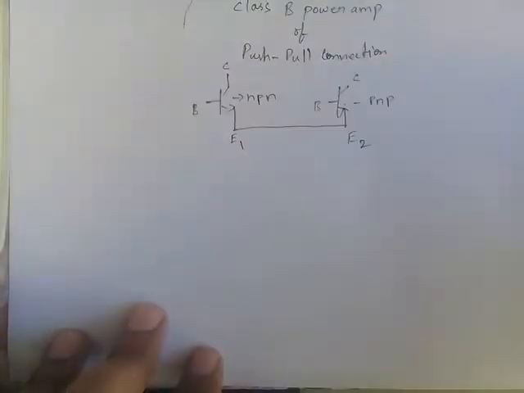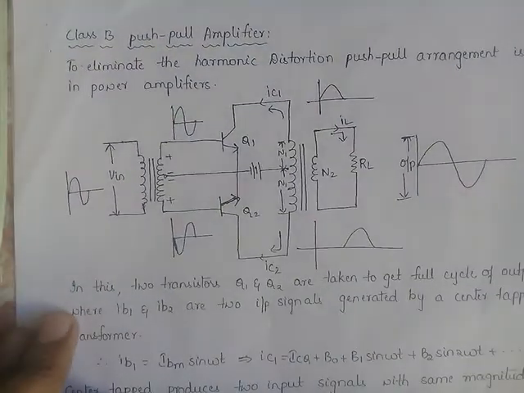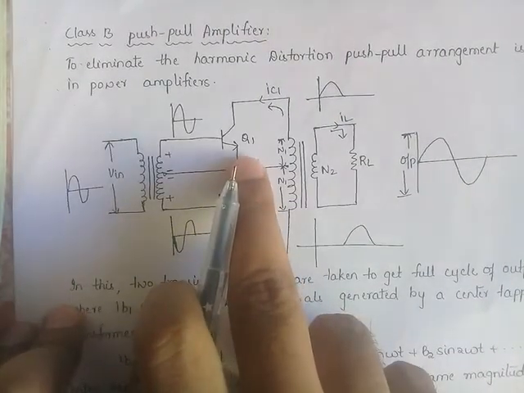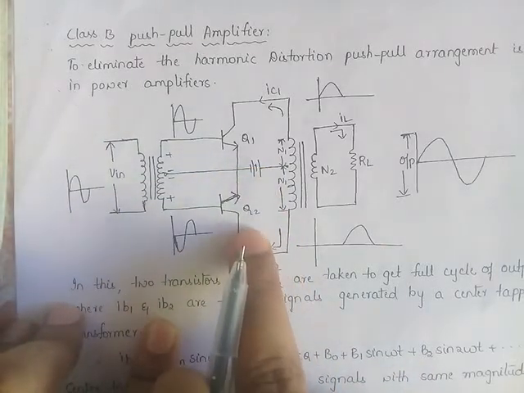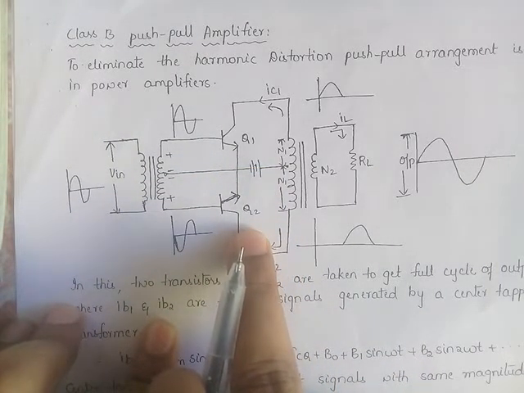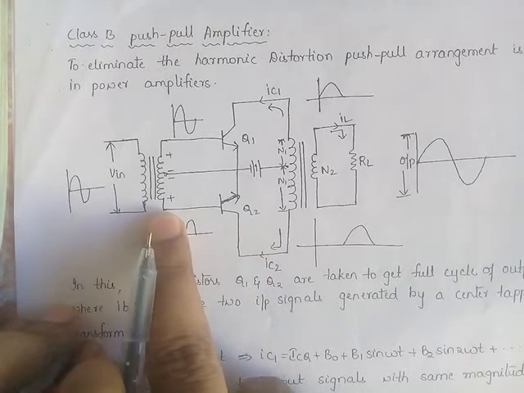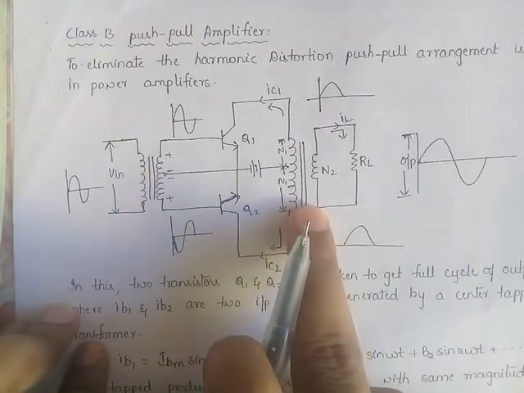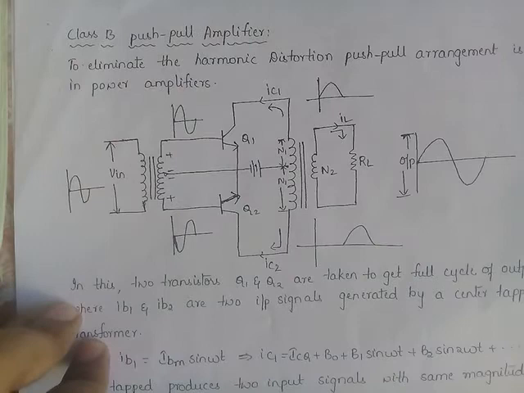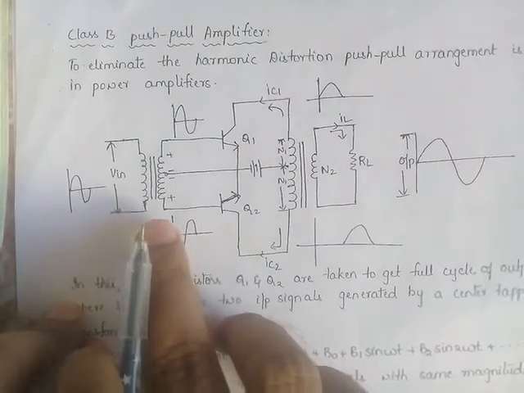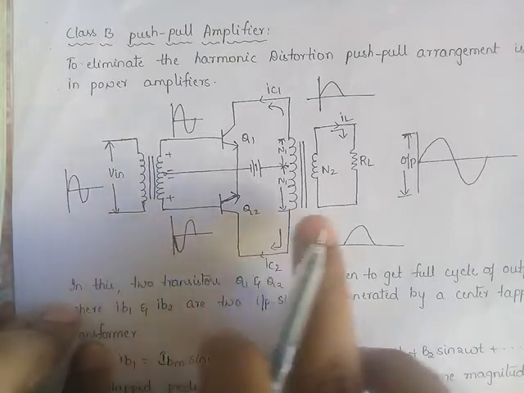And the next thing is the simple circuit design of push pull amplifier of class B operation, which will be given in this form. You can see that at Q1 we are taking an NPN transistor, at Q2 we are taking a PNP transistor. Okay, and at the input side we have a transformer, and at the output side also we have a transformer. It is not mandatory that you should consider the transformer for the push pull connection. You can take it, it is good, or otherwise without any transformer you can simply take the input connection and the output connection.